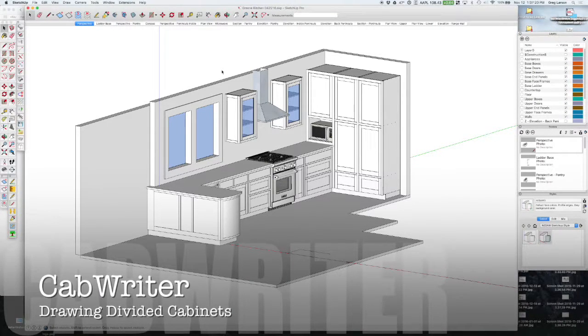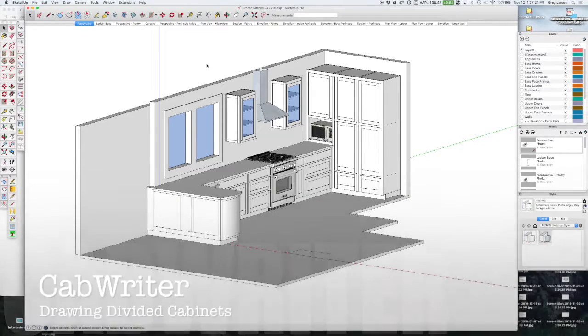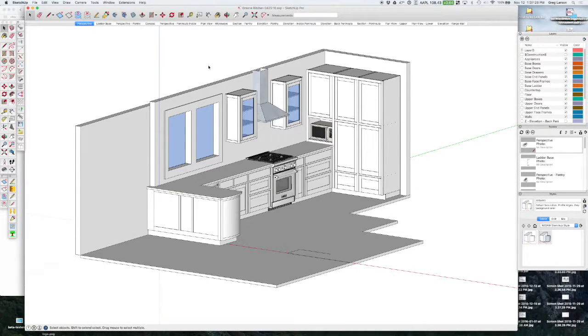In today's video, we're going to talk about another versatile feature of CabWriter, which is the divided cabinet. So up till now, it was a little more difficult within CabWriter to draw a cabinet such as this. A tall cabinet with, if we look inside, we take the doors off and